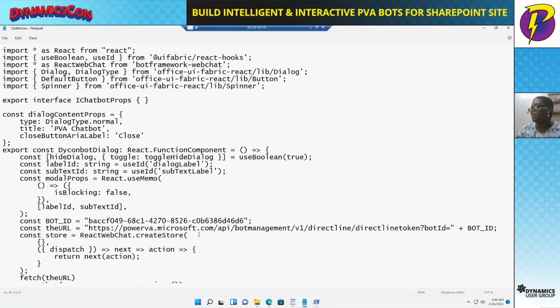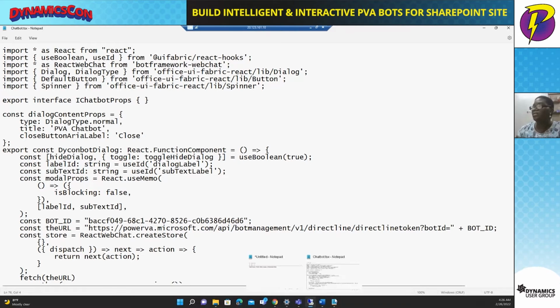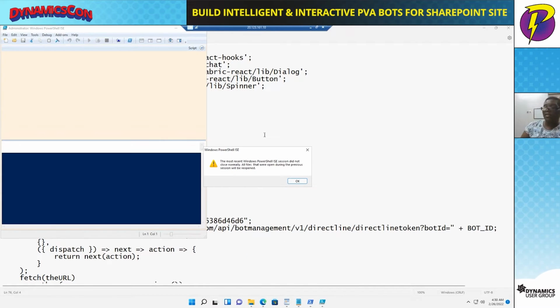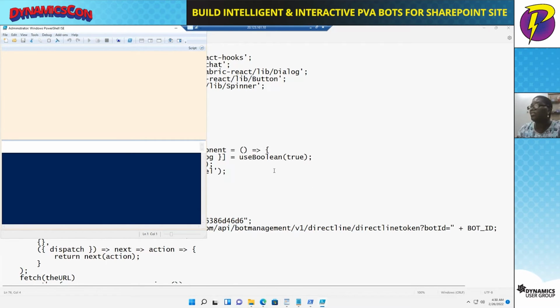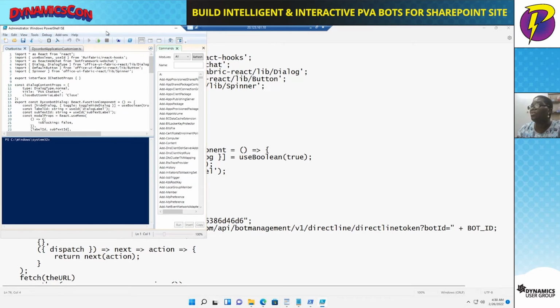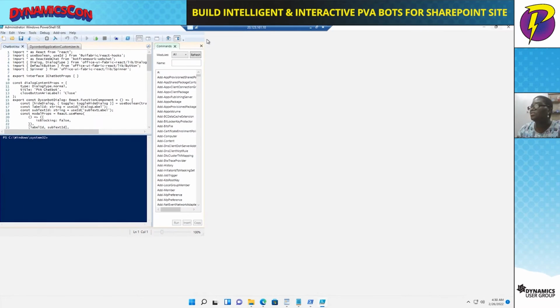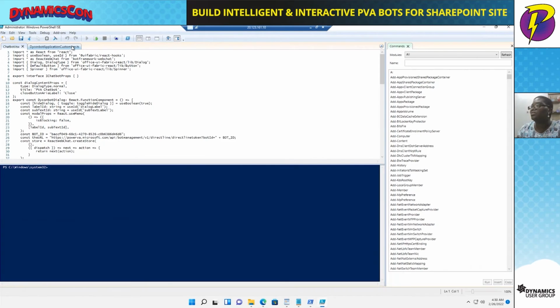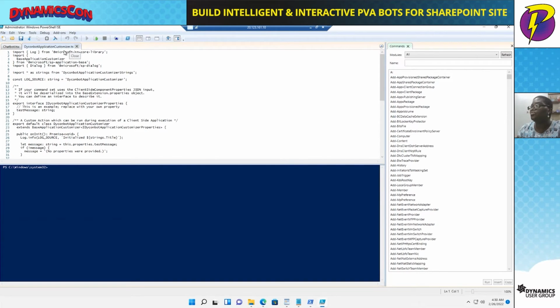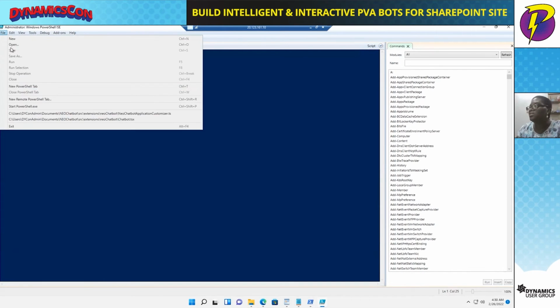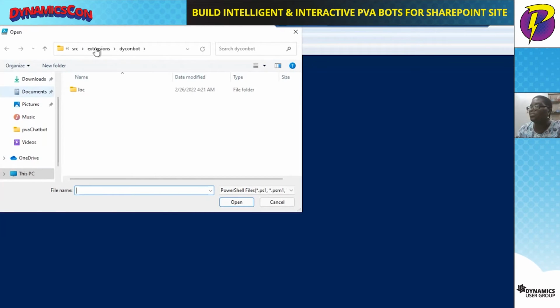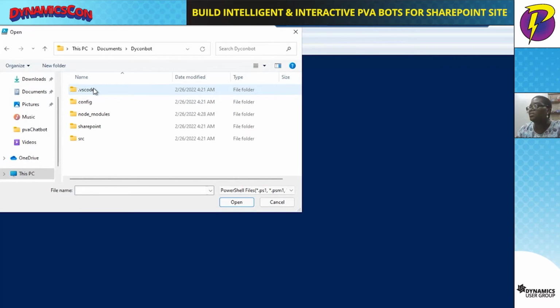Now I normally like to work with PowerShell ISE, the Integrated Scripting Environment, because it allows me most times to do my work neatly. I mean, to be able to see what I'm running. So what I'm going to do is let me close this, and then I'll go to File and open the location where this is already. So I'm going back to my documents, the same file